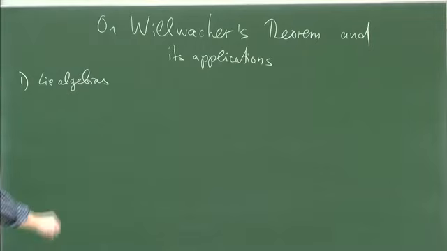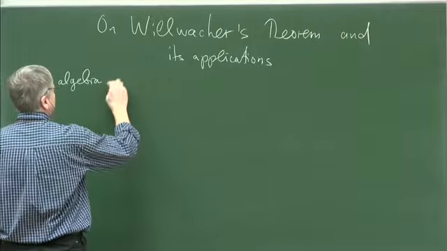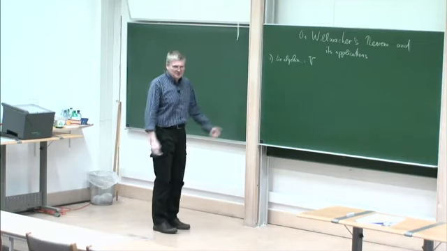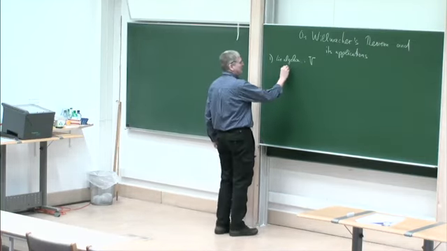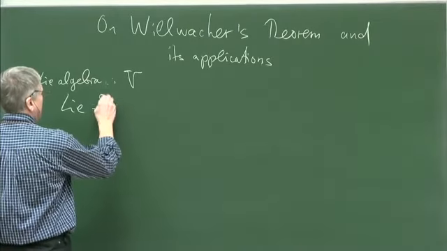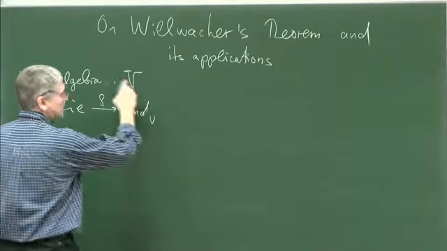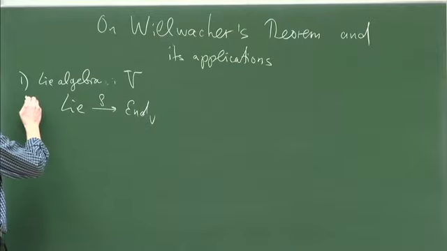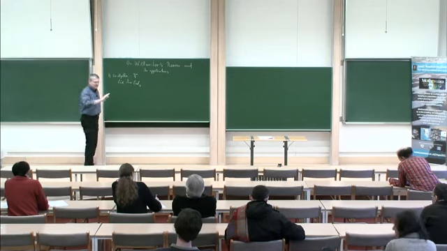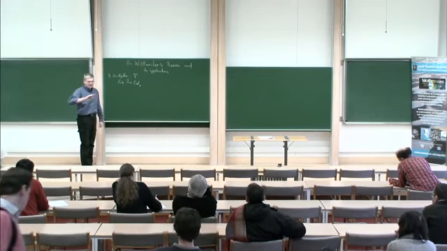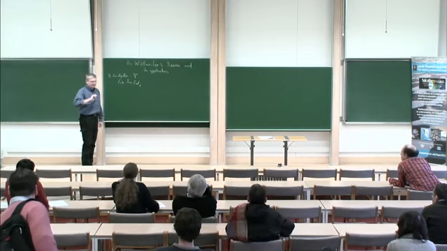So assume you have a Lie algebra V. What does it mean? It means you have a representation of the operad of Lie algebras into the endomorphism operad of the vector space V. Therefore, there is a nice deformation. There is a general theorem: whatever morphism of operads you have, there is immediately some differential graded Lie algebra which controls it.